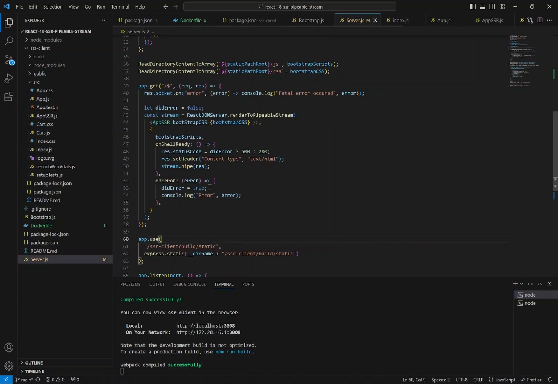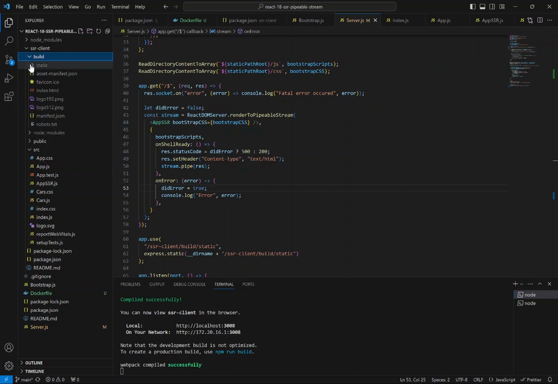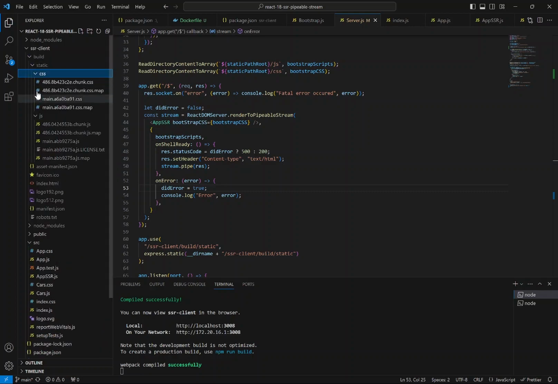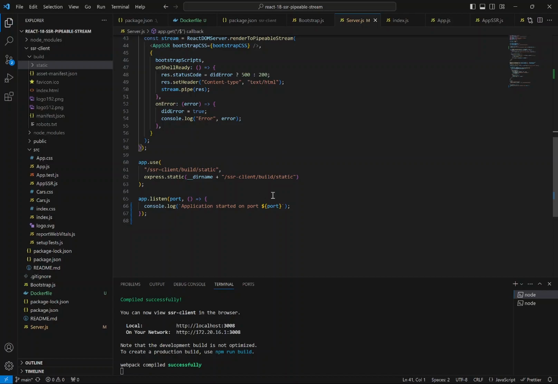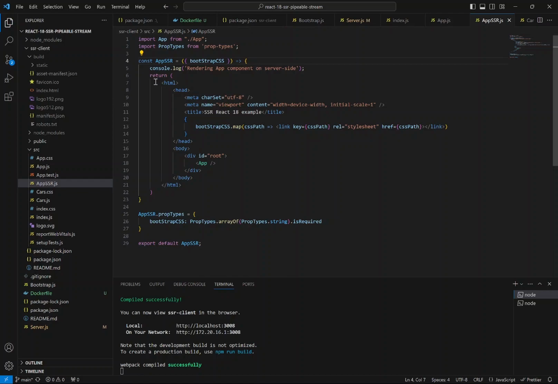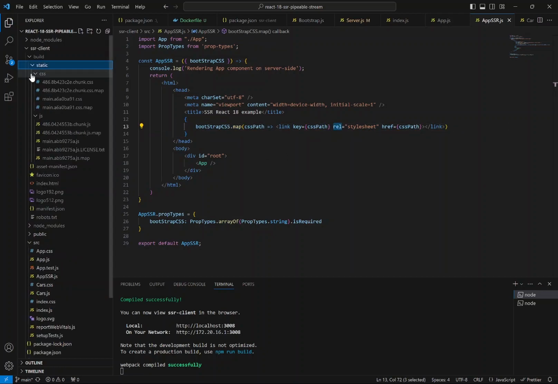And also we are building the React application. It will be placed in the build static folder with the CSS and JavaScript files, and we are using these static files in the Node.js application for response, because this app SSR contains the whole HTML. This is rendered on the server side, and we have to place the CSS links here in the header. So we are referencing these static CSS files,